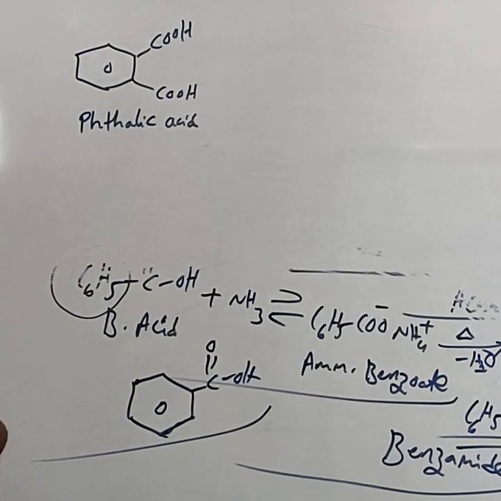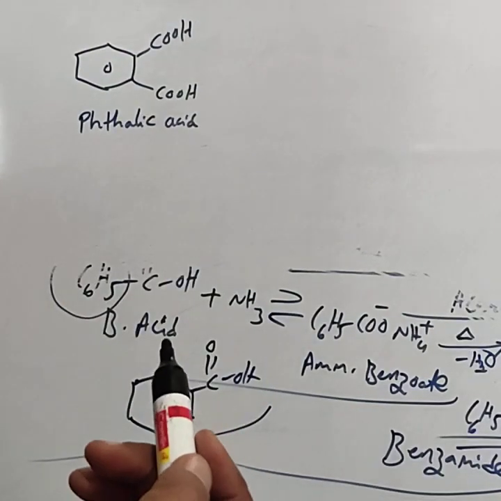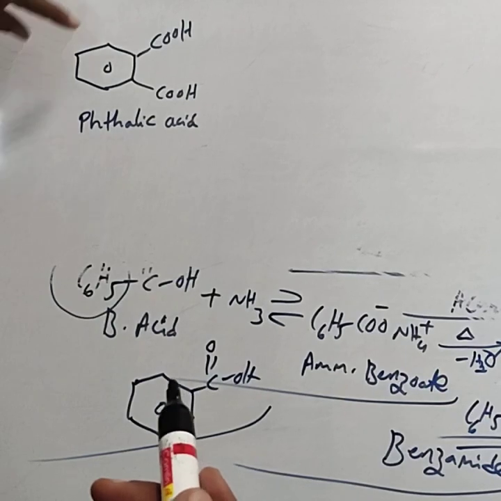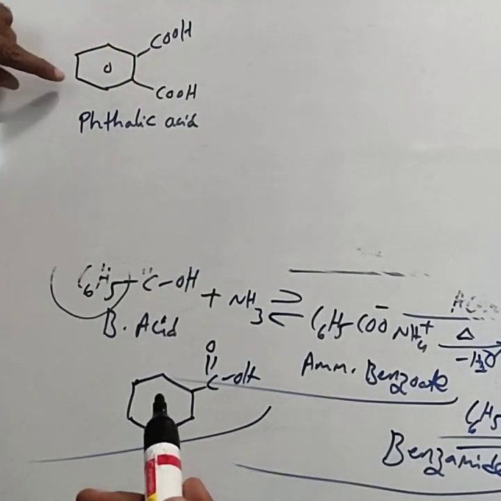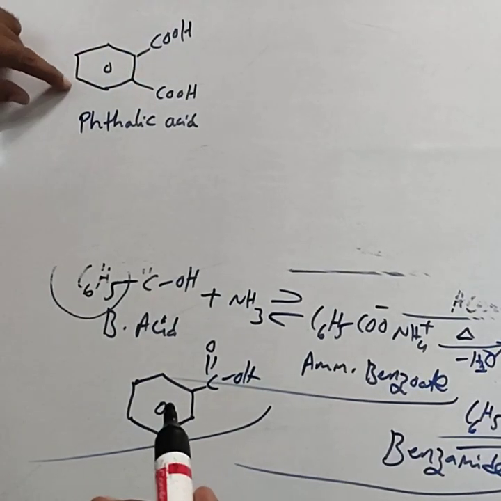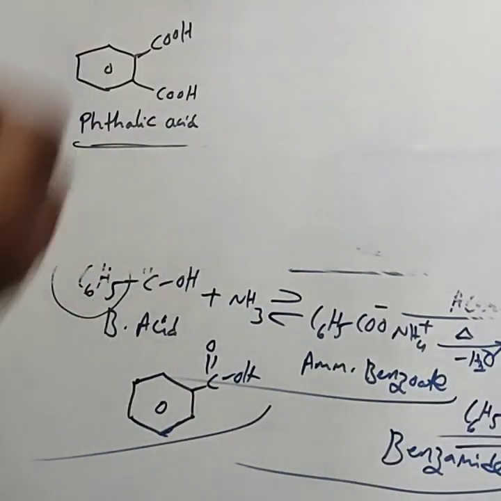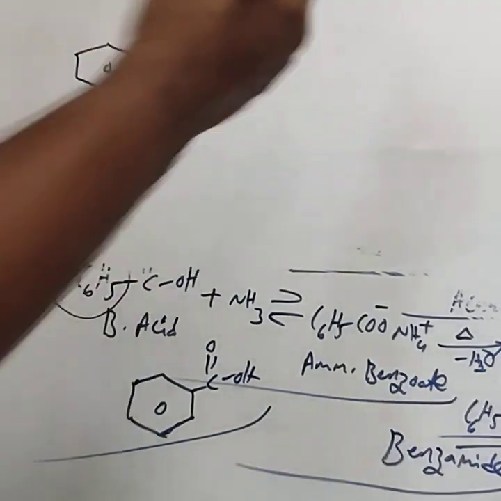It is the monomer of Dacron. Dacron is also called Terylene. One of the monomers of Dacron is terephthalic acid. To write the terephthalic acid structure, you have to consider the COOH group at the para position. At the ortho position, it is called phthalic acid. Then you can complete this reaction.